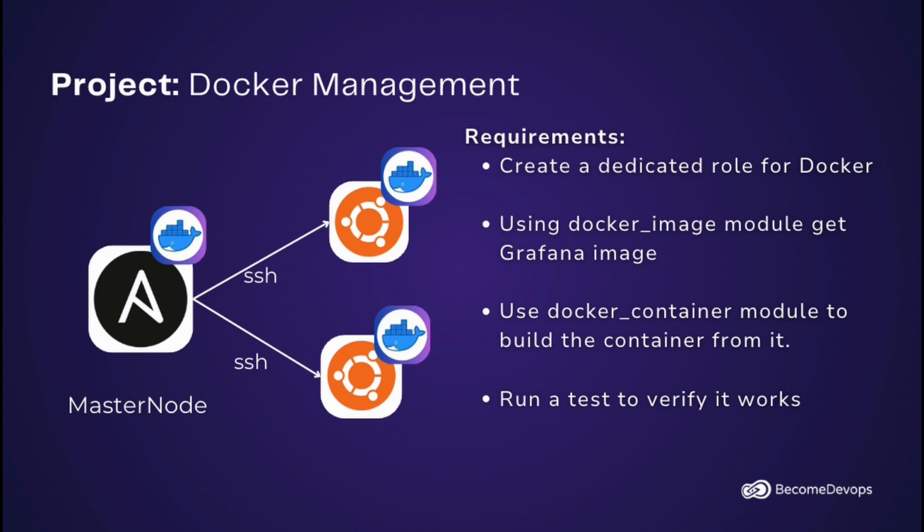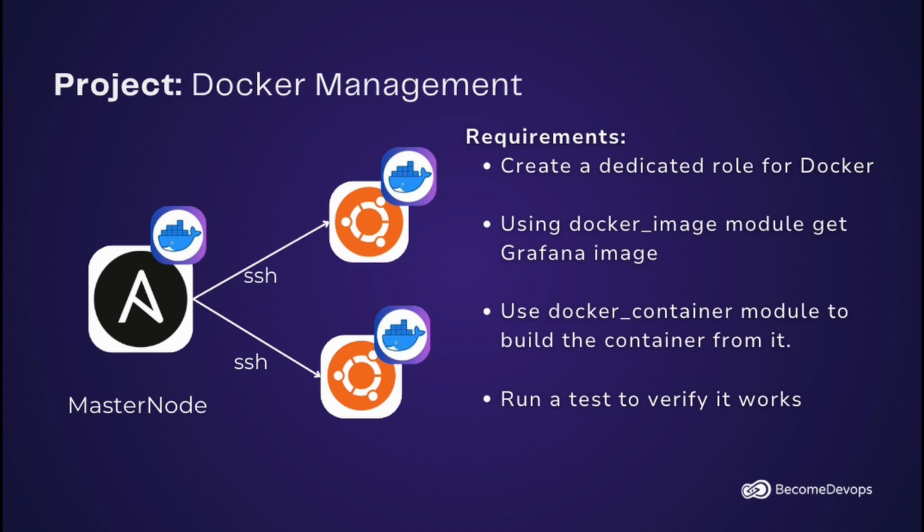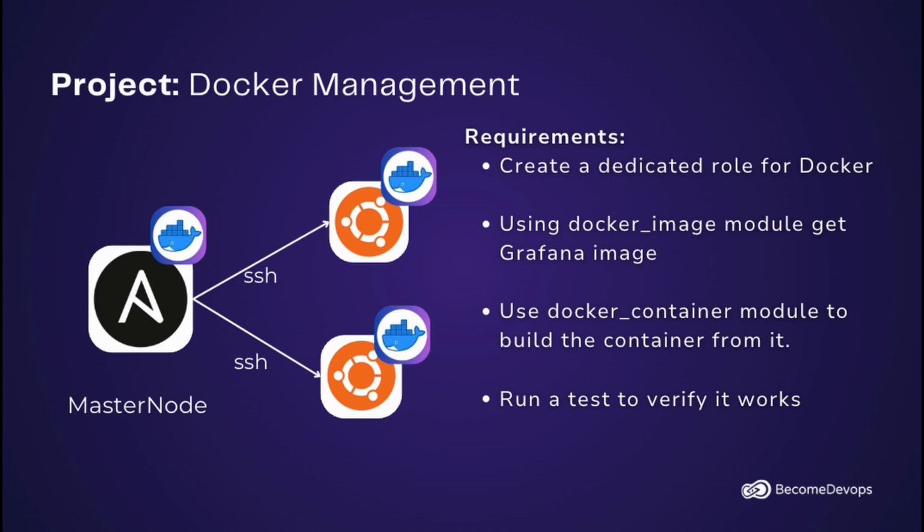First of all, we will need to create a dedicated role for Docker. And there in the task file, we will need to define each step that our Ansible needs to proceed with in order to install the desired service. Later on, in the second stage, we need to use the Docker image module to get the Grafana image on our target machines. And this is a really fun task because the Docker image module is a very special one,